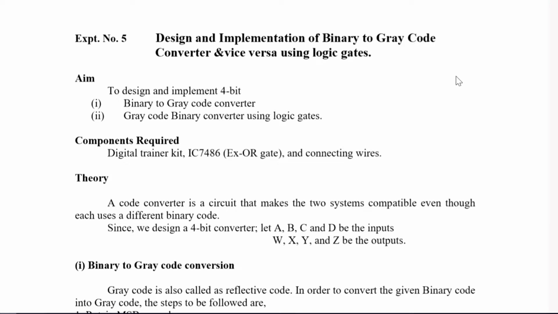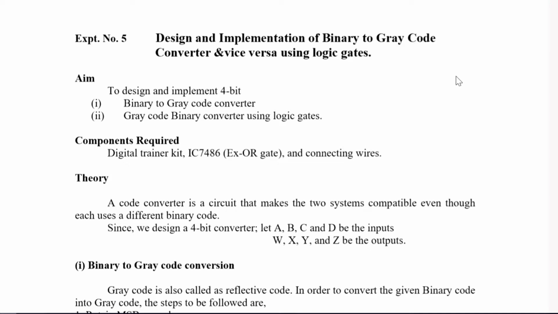In this video, I am going to explain the design and implementation of a binary to gray code converter. Obviously, this is a single experiment, but a detailed explanation requires a lot of time. That's why I split this video into two. But for your observation and record purposes, you have to write it as the same experiment. For the benefit of new people, to have unlimited time explanations, I split this video into two.